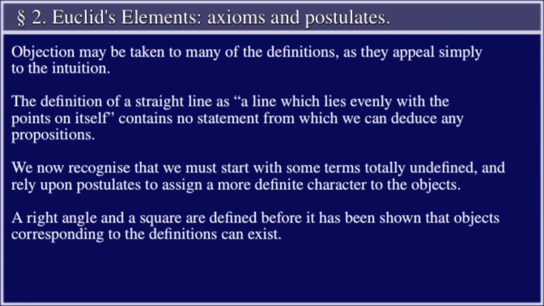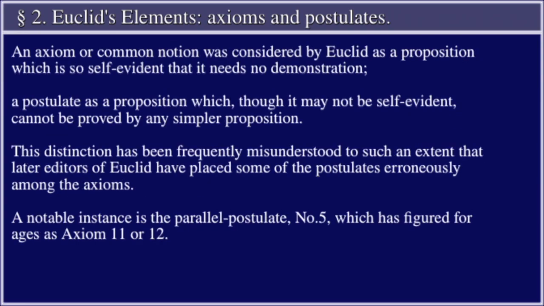We now recognize that we must start with some terms totally undefined and rely upon postulates to assign a more definite character to the objects. A right angle and a square are defined before it has been shown that the objects corresponding to the definitions can exist. An axiom or common notion was considered by Euclid as a proposition which is so self-evident that it